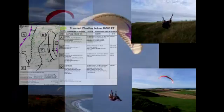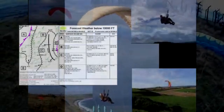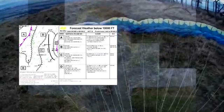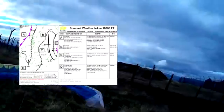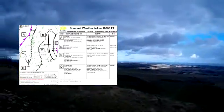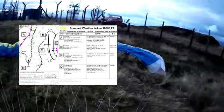And as it was quite an overcast day, what I'm going to do is cover briefly, not going into the detail that we do when we're teaching, but just briefly cover some of the Met reports. Also, the sky was quite interesting, and at various points in the video you'll see me pointing up to the sky, and I'll try and narrate what is happening. So we're going to start with a look at the